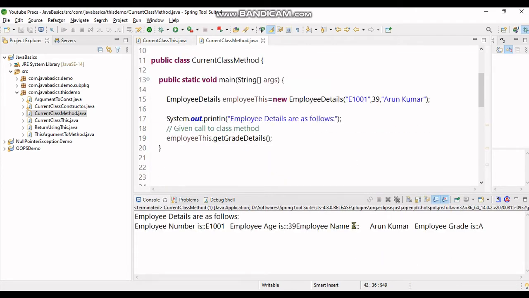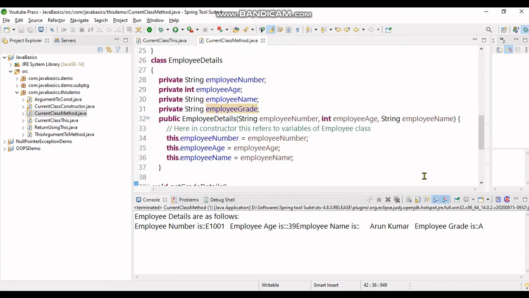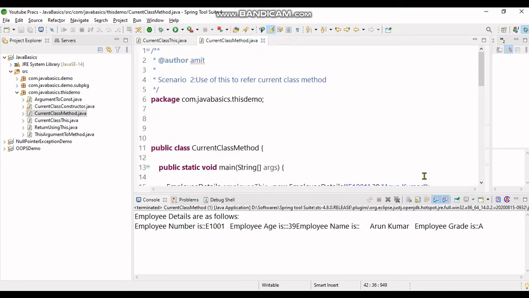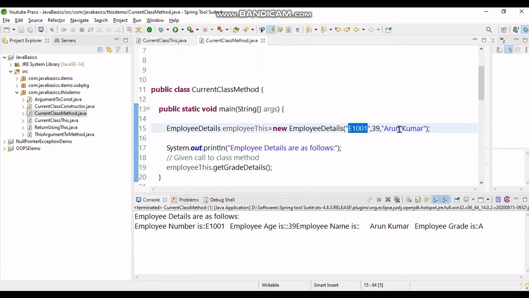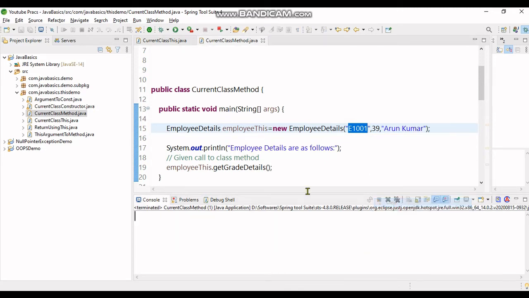It prints employee details are E1001 employee number, age, name, and then grade is A. It's showing correctly. Employee E1001 39 Arun Kumar. So in this demo we have seen using this keyword to give a call to the current class method. Let's move further.